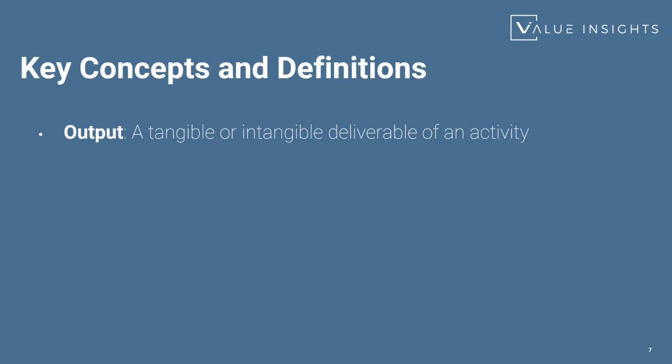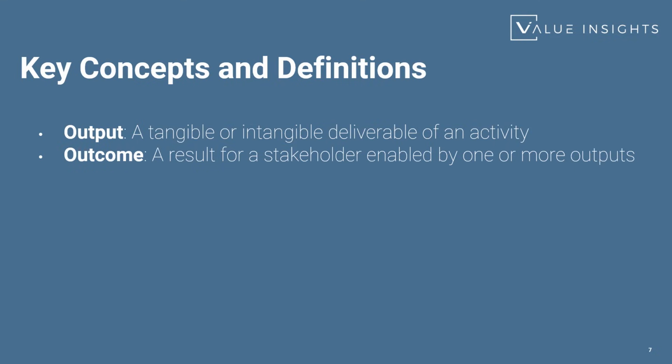So we arrived at the last part of our key concepts and definitions module, starting with outputs, which are tangible or intangible deliverables of any activity. Outcomes are results for stakeholders, which are usually enabled by one or more outputs. You remember that sound? This means that that part is especially important for the exam, so keep it in mind,